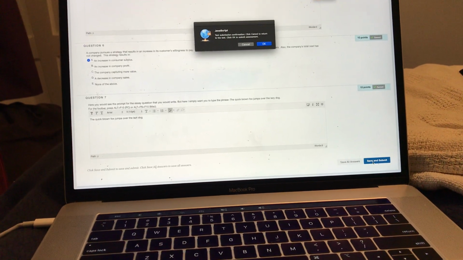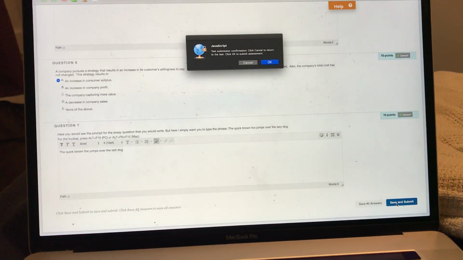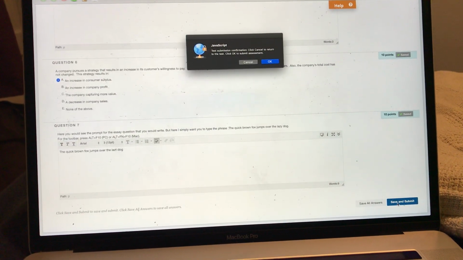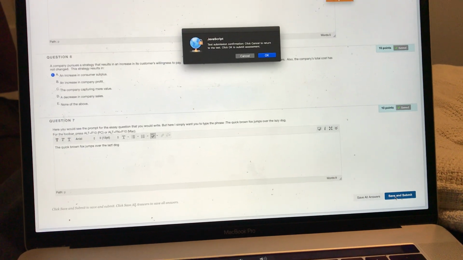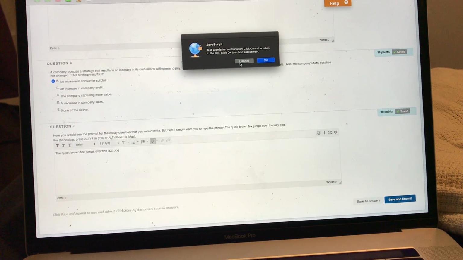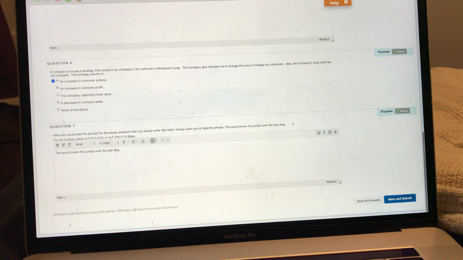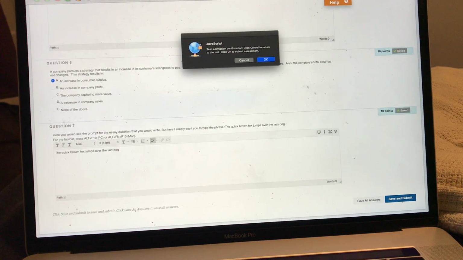And it says Test Submission Confirmed. Click Cancel to return to the test. Click OK to submit assessment. So here, if you want to check it over one more time, you need to hit Cancel. At this stage, you can go back, check over your answers, and make sure you've done everything right. But once you click Save and Submit, and then click OK,